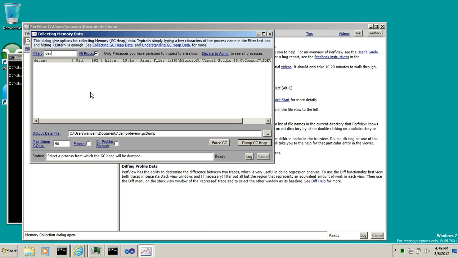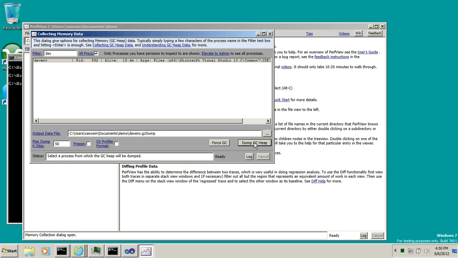So if you have a service that's running in production, you don't want it to take 10, 20, 30 seconds of frozen time when it's not actually responding to requests to dump the GC heap. By not freezing the process, it does mean that the heap is changing over the time that the dump was taken, and so it's not going to be a perfect dump, but it'll be 90% good, and it'll be accurate to maybe at least 90%. But on the other hand, you don't have to stop the process, which means that you can get real live production data. If you really want that perfect dump, you can click this freeze button, but most of the time